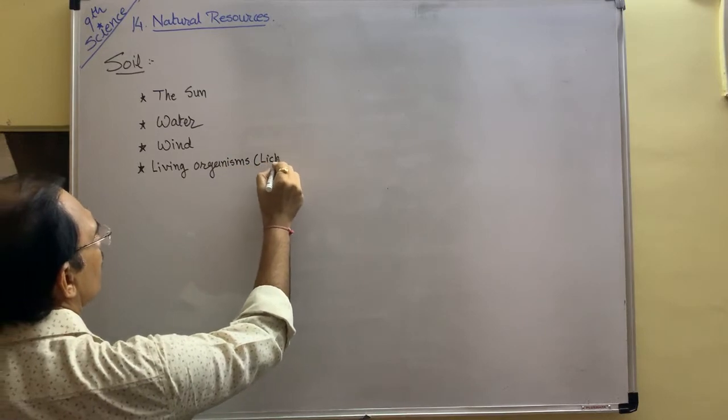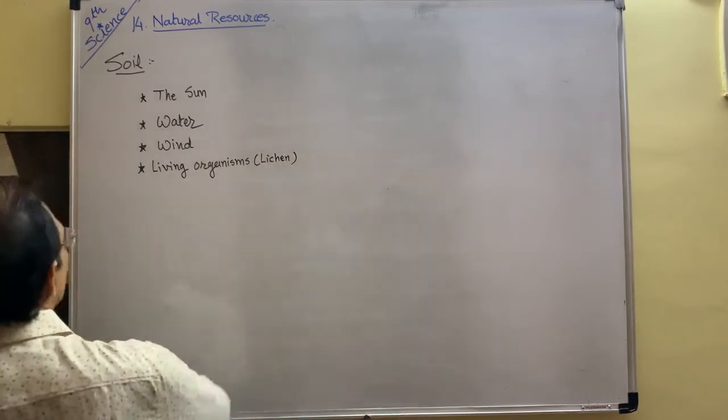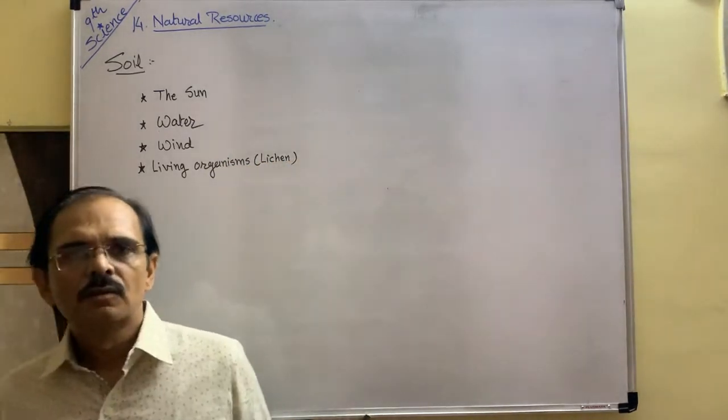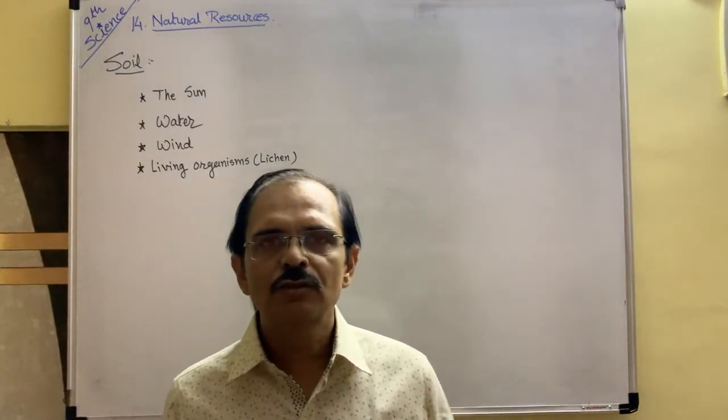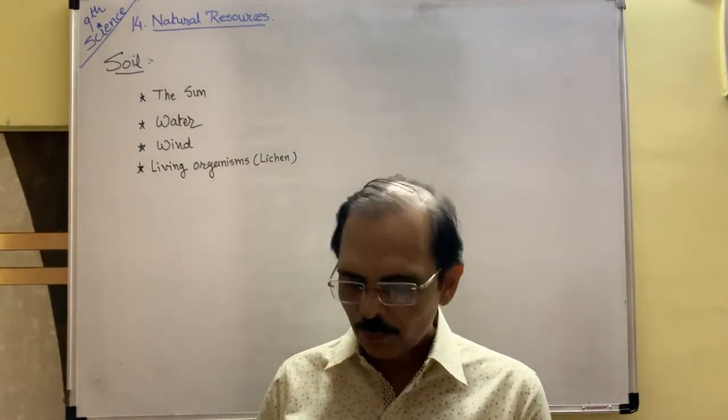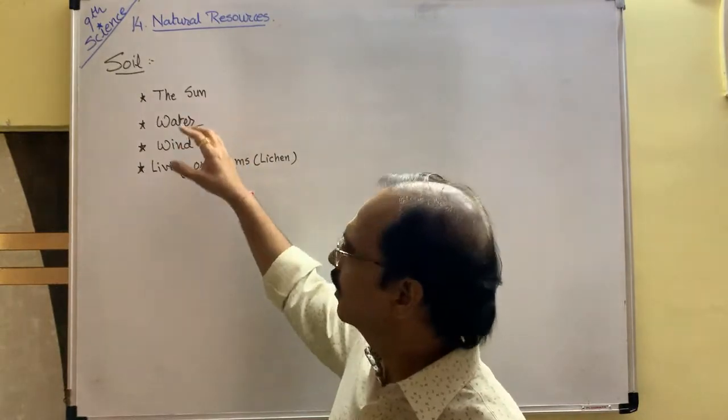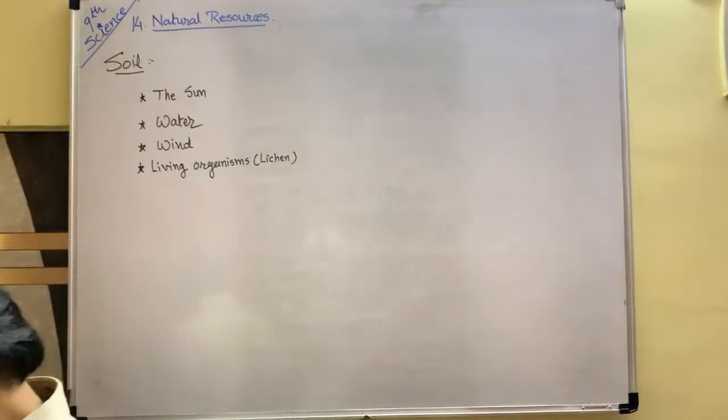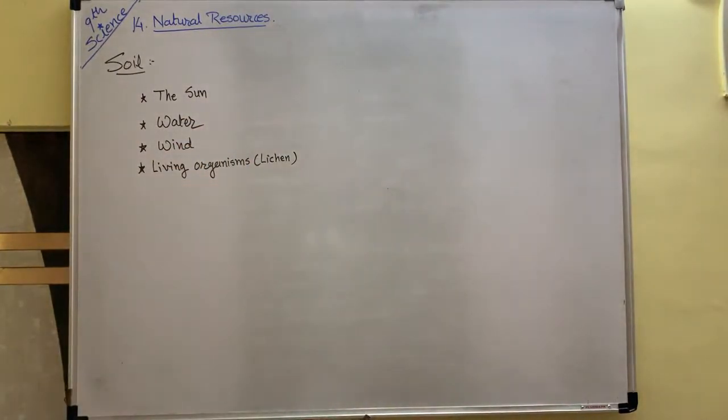Like lichen, it erodes the rock. One, it erodes the rock and then soil is formed. So these are the points or factors which erode the soil. Okay. Now afterwards we can see